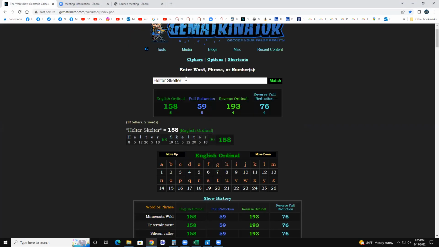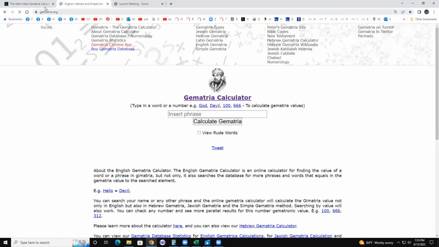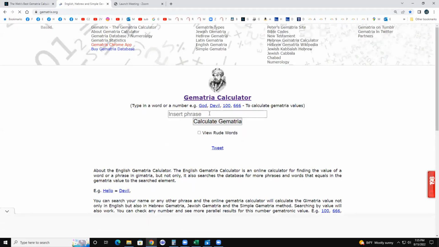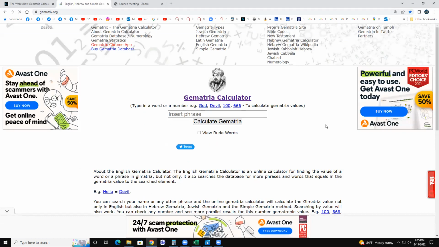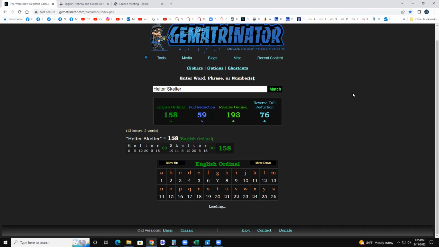Helter Skelter, in one of the gematria websites. This is the one that gives us the one they use the most, the gematria calculator. It gives you simple and Jewish. Simple means A is 1, B is 2, C is 3, D is 4. It gives you Jewish gematria also. But when you key in an English ordinal, it is actually the same as simple gematria. When you key in Helter Skelter and click match,